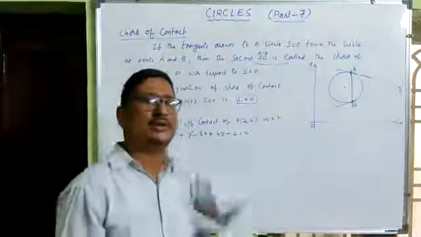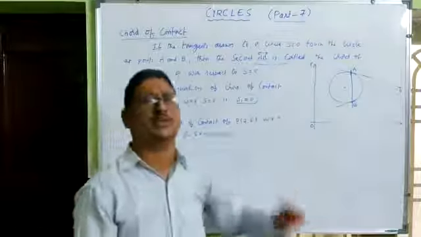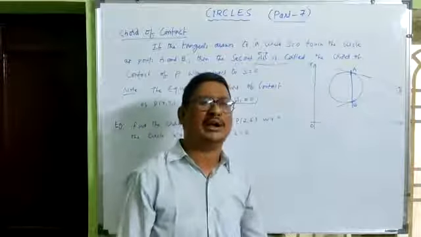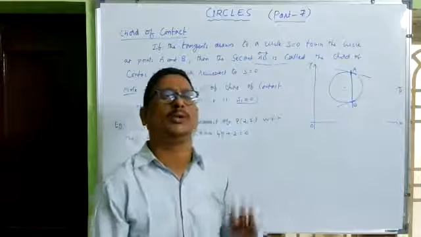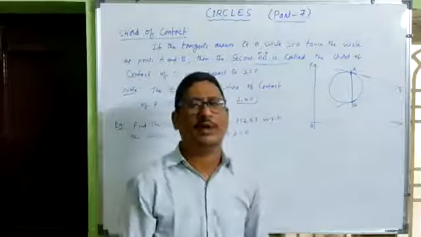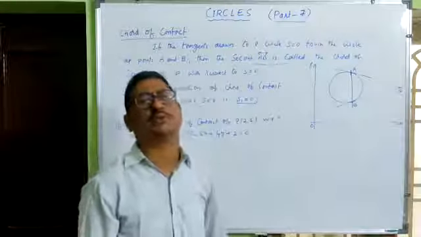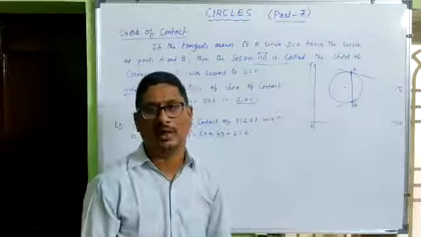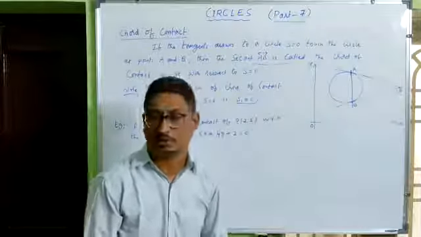If the circle S = 0 means x² + y² + 2gx + 2fy + c = 0, then the chord of contact is S1 = 0. What is S1 = 0? xx1 + yy1 + g(x + x1) + f(y + y1) + c = 0. If the circle S is x² + y² = a², then the chord of contact is xx1 + yy1 − a² = 0.